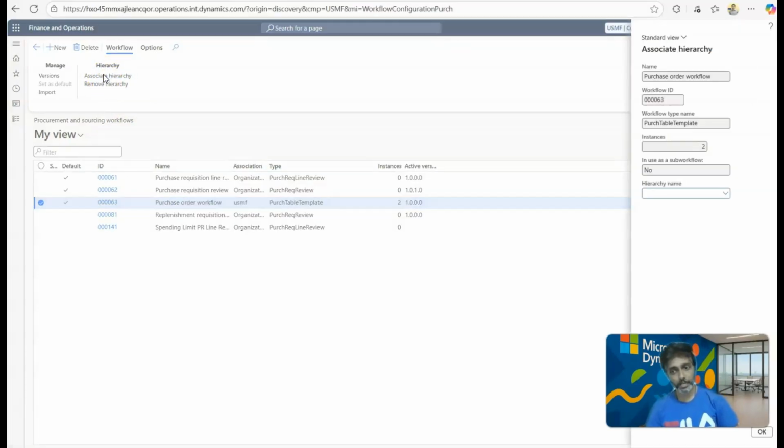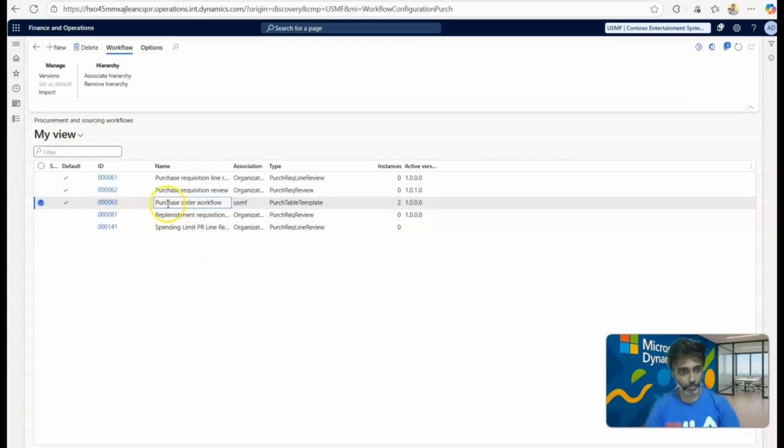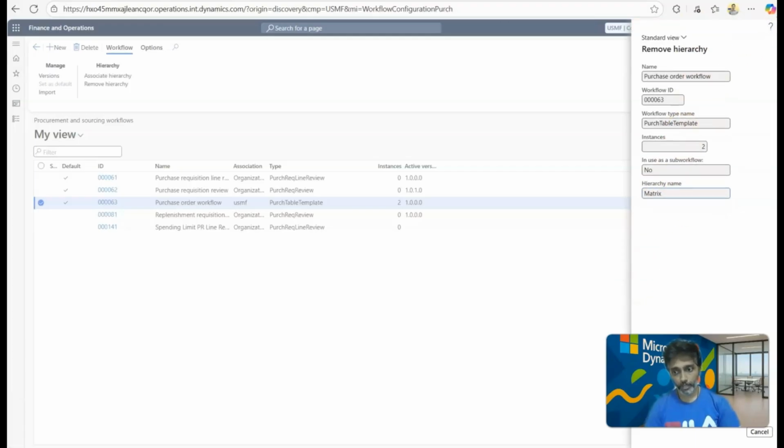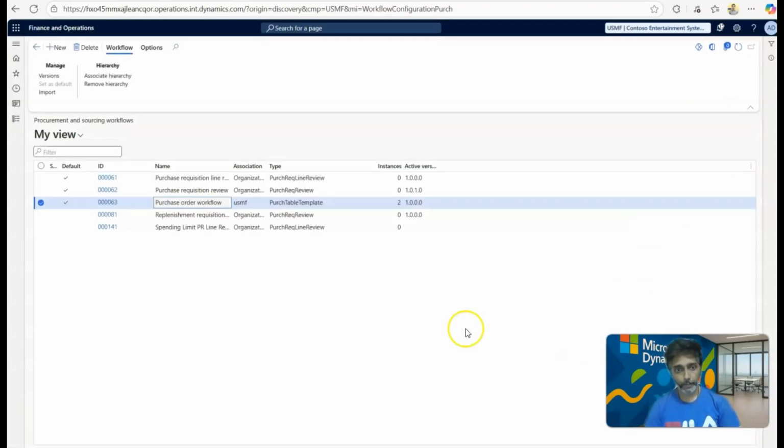You can associate a hierarchy, like in this case I can see the matrix and the one project. These are the hierarchies which will be followed by the system. I'll simply click on OK. Then the hierarchy will be associated for this purchase order workflow. If I want to remove the hierarchy also, I can do that. Currently running, the hierarchy cannot be removed. Okay, that's fine. So you can remove this workflow hierarchy as well, and then you can configure any other hierarchy